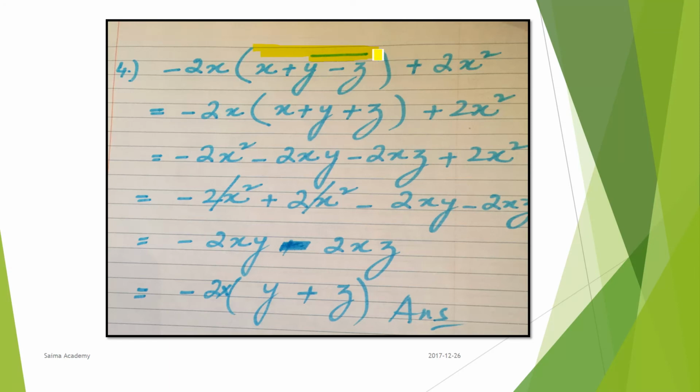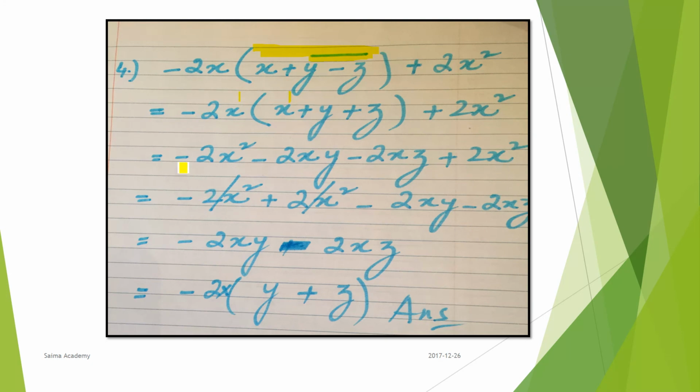And then is this small bracket. In a small bracket, again you have to see if we can simplify anything. We cannot simplify because this is x plus y plus z. All are different. Then you have to multiply. So minus 2x square. Again why x square? Because we are doing multiplication, and in multiplication you have to add the power. Minus 2x square, minus 2xy, and then minus 2xz plus 2x square.